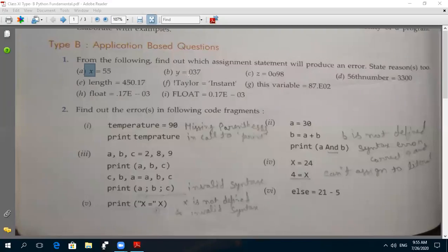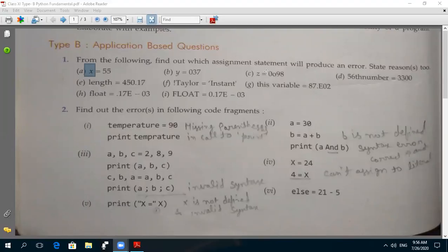Next example, z equals 0O98. Is it an error? Yes, sir. Yes, it is an error, because 0o acts as an octal number prefix. We studied that 0 and O represent an octal number, and if 0x is written, it is a hexadecimal number.